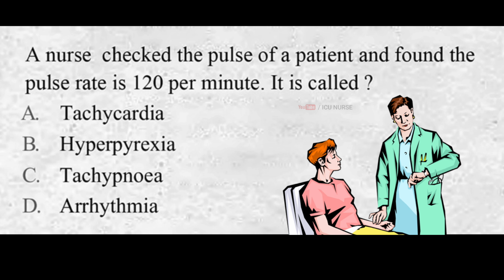A nurse checked the pulse of a patient and found the pulse rate is 120 per minute. It is called A. Tachycardia, B. Hyperpyrexia, C. Tachypnea, D. Arrhythmia. And the correct answer is